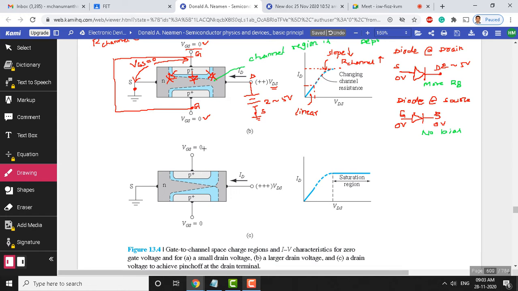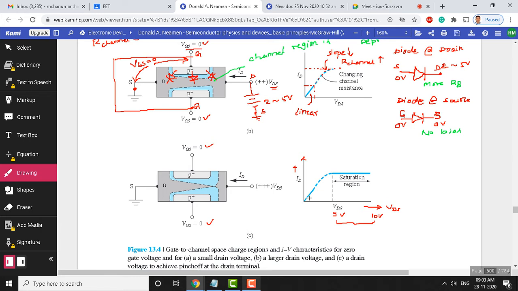Again, there are no changes with reference to gate source voltage. VGS is maintained at 0. Now we have increased the drain source voltage further, let us say from 5 to 10 volts. Now see what is going to happen. This is the range, 5 volts to 10 volts. We are increasing the drain source voltage VDS, and this is a graph of ID increasing.